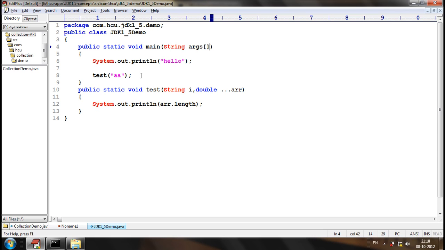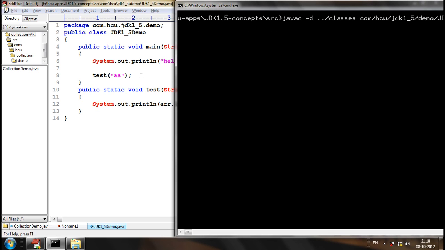Now, can we write like this for a main method? Yes, definitely. For the main method also we can have a variable number of arguments, 0 to n number of arguments.